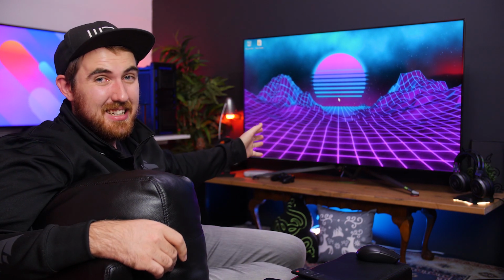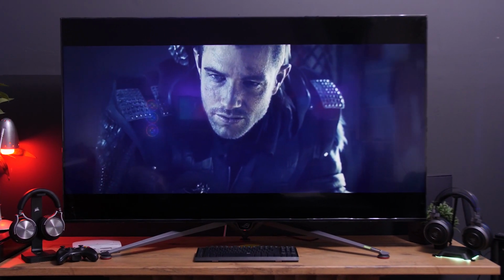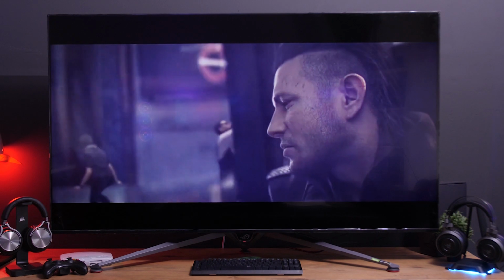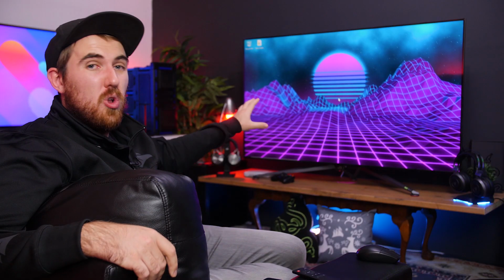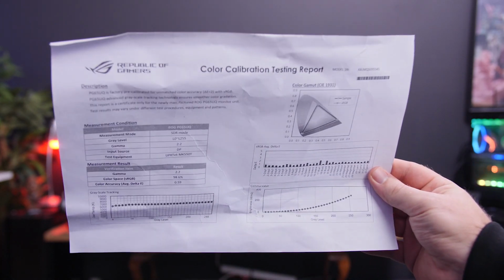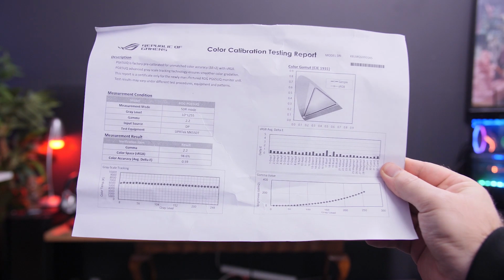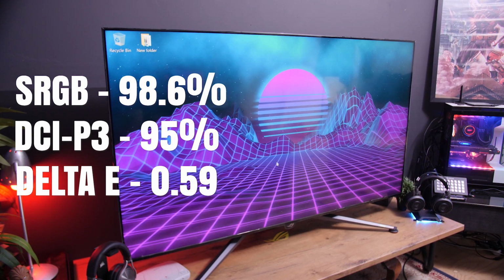It's just really amazing. Now, as for screen quality, it is definitely up there with some of the best 4K displays on the market currently. It has extremely good color accuracy thanks to the VA panel and the quantum dot technology being used. Also, all of these PG65Us are being pre-calibrated for you, so you know you're getting really color accurate TVs, with the model I have here having a certificate as well, showing that it does have a 98.6% coverage of the sRGB color space, 95% of the DCI-P3 color range, and a